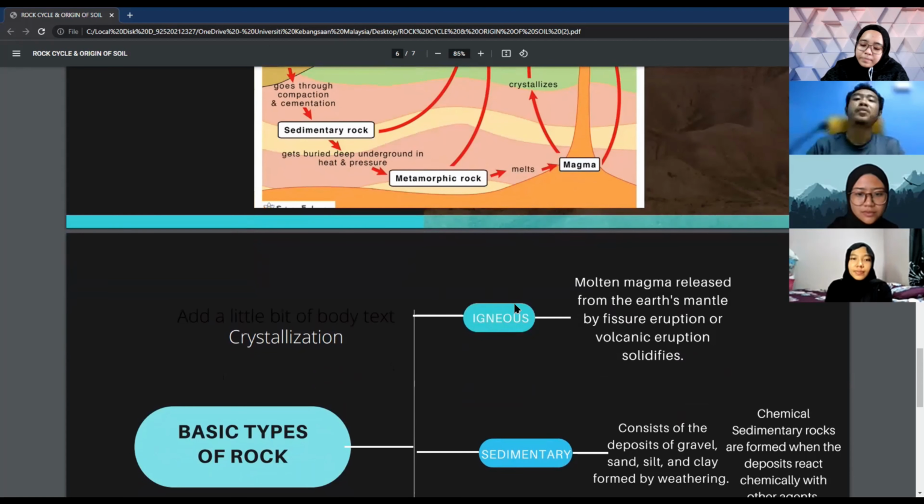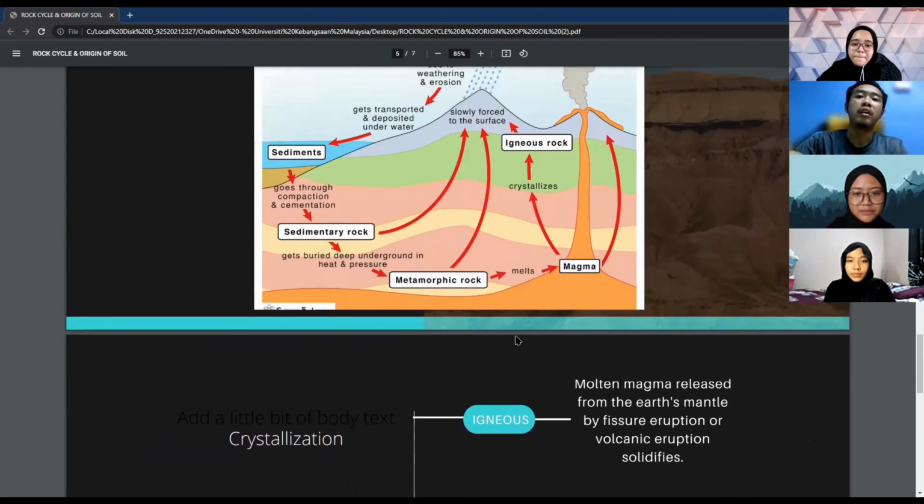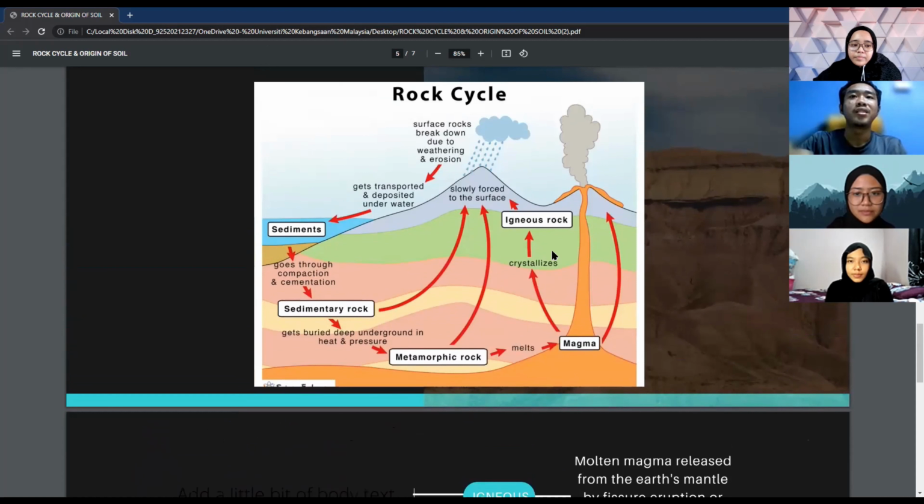And igneous rock is a molten magma released from the earth mantle by fissure eruption or volcanic eruption, solidified. So the solidified. Sorry. So one of them is like a volcano erupting. That is one of the ways of the igneous process. So and slowly forced to the surface. So it become